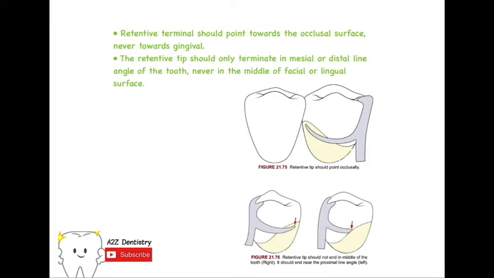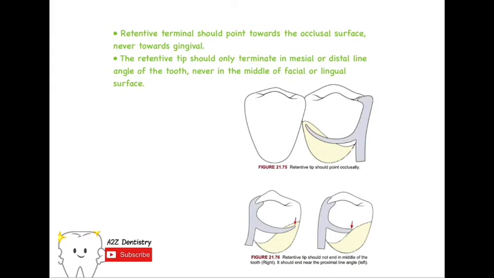The retentive tip should only terminate in the mesial or distal line angle and never in the middle of facial or lingual surfaces. Now, why it should never terminate in the middle? If it terminates in the middle surface, there will be a greater amount of vertical forces acting on our clasp assembly, and from here our prosthesis might get dislodged. Therefore we need a proper line angle so that the prosthesis is able to withstand all those vertical forces, right? So the retentive tip should terminate only and only on the mesial or the distal line angles, because